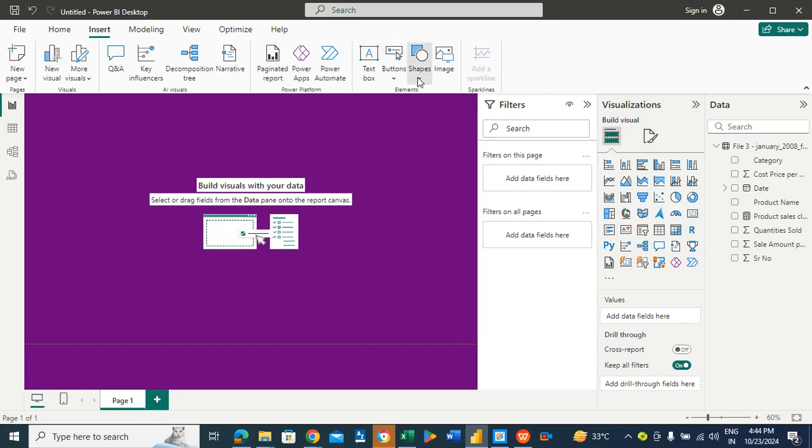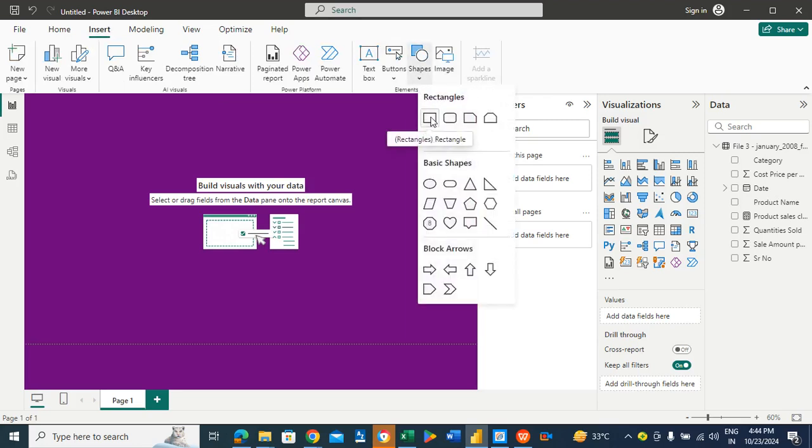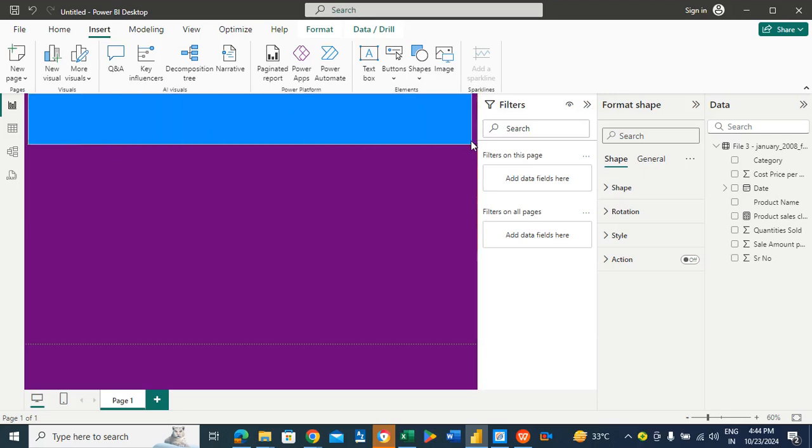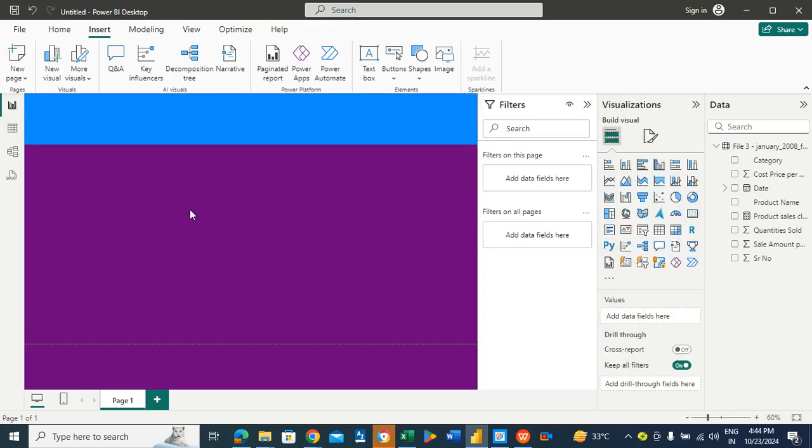In fact, I will add the shape. I'm so sorry, not a text box, but the rectangle shape, which will act as a header for this particular matrix. I mean, on this particular page I will be adding a matrix, but anyone who takes a look at this particular page in Power BI will identify that okay, here this is about a DAX query tutorial. Alright,